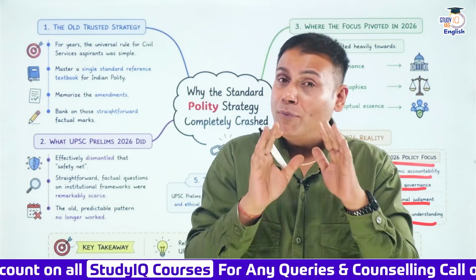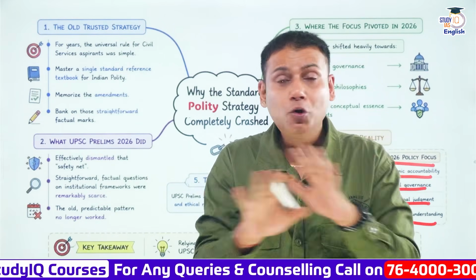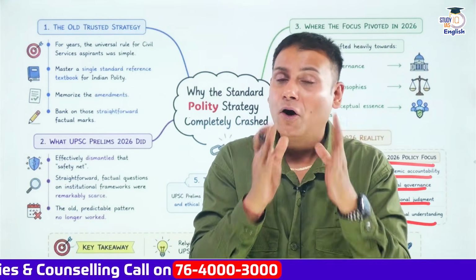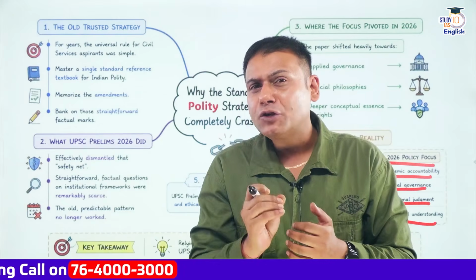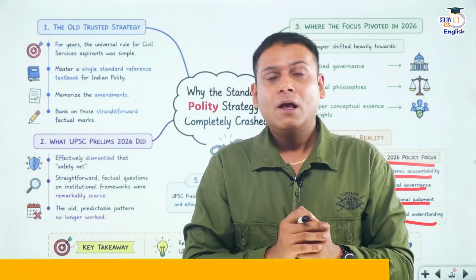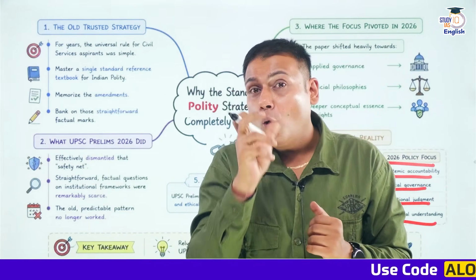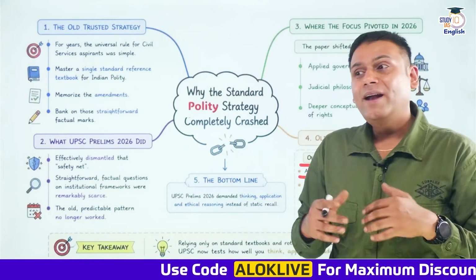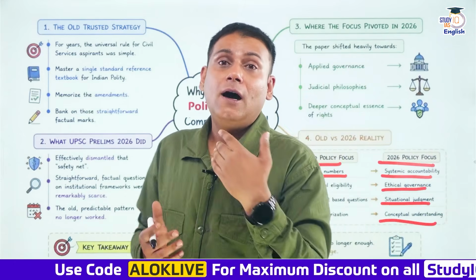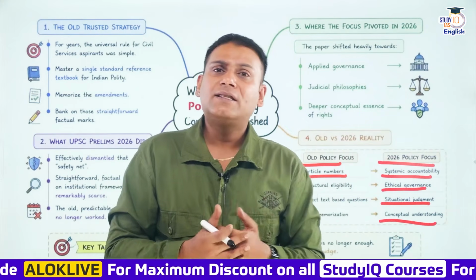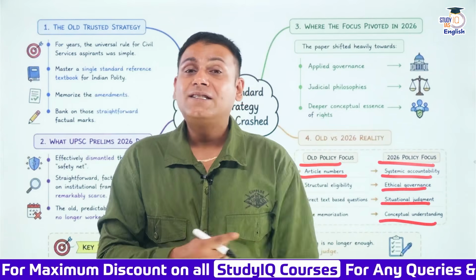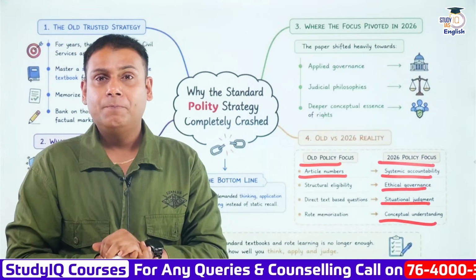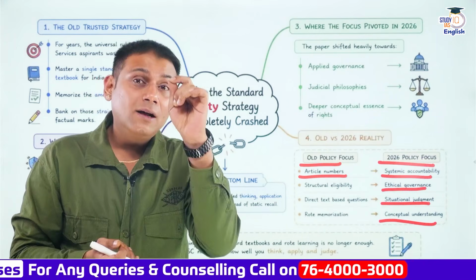I'm not saying do not follow M. Lakshmikant. It is the core book, one of the most important books for polity. But apart from this, also read the basics. For example, you need to understand the core philosophy behind directive principles of state policy. Why are directive principles referred to as positive obligations and fundamental rights as negative obligations? Precisely speaking, you have to understand the core philosophy behind all these important aspects. Is that clear? So, read the NCERT.